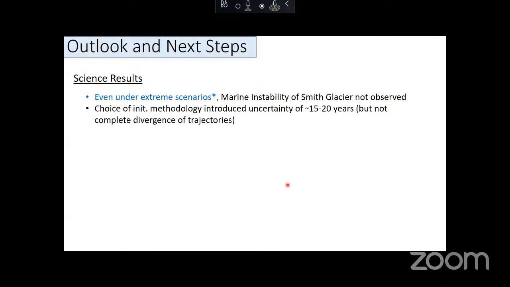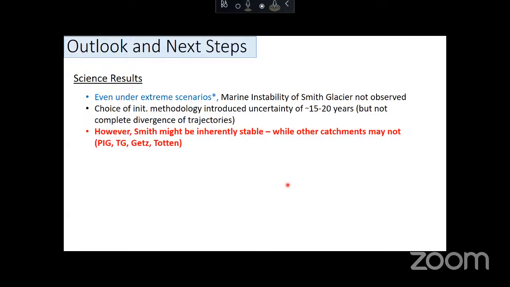What I also found was that the choice of initialization methodology, and this is relevant to a lot of other studies looking at coupled ice-ocean phenomena, seems to introduce uncertainty of around 15 to 20 years in predictions, but not complete divergence of the trajectories. On a longer timescale, that might be fine. But Smith might be inherently stable, and other catchments like Pine Island Glacier, Thwaites Glacier, and Totten Glacier might be inherently unstable, meaning the choice of initialization methodology probably matters quite a lot more, even for the 100 to 500 year